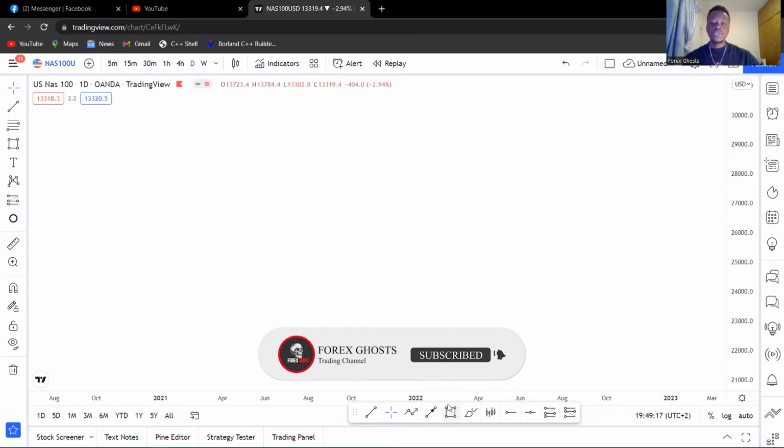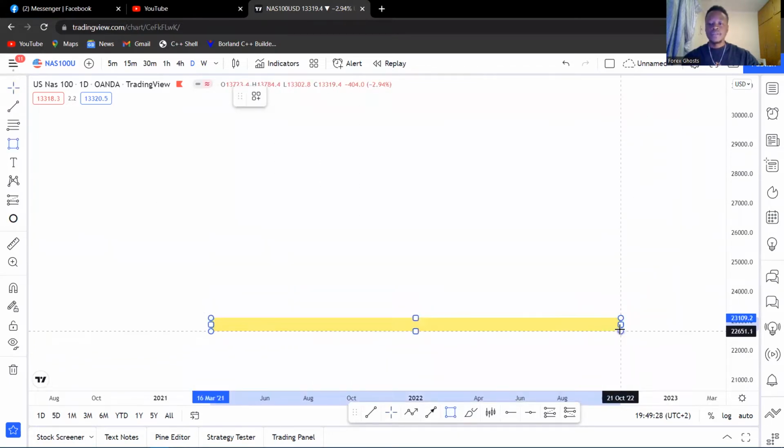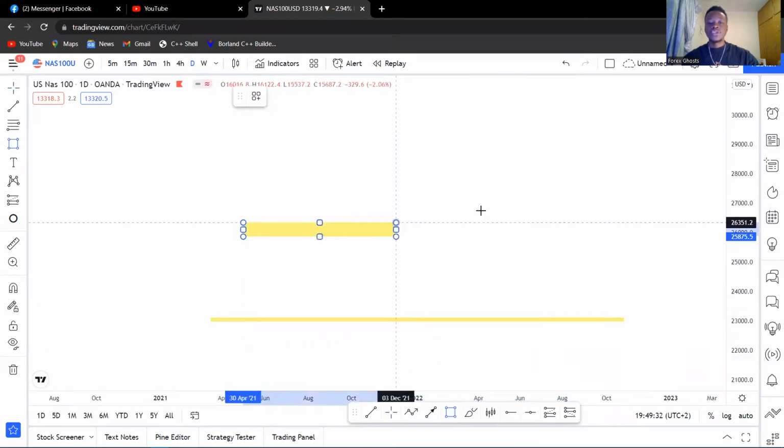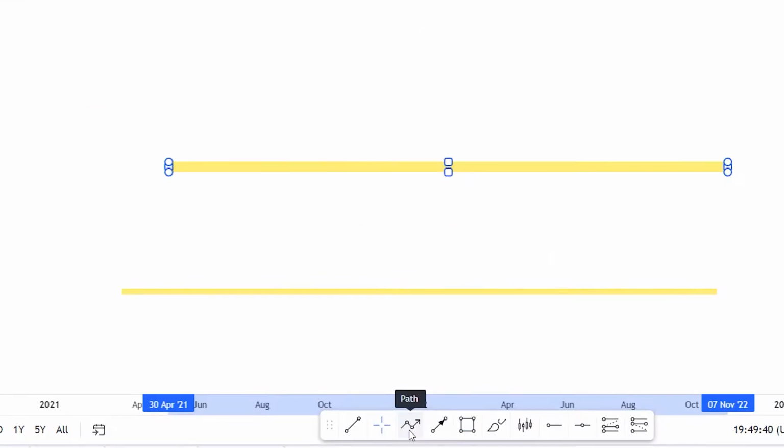So what's going to happen today, we're going to analyze using support and resistance. But before we jump to the chart, I'm going to show you what is support and resistance. So support is basically your floor. There's a floor, and then resistance is basically your ceiling. So what's happening in the market is either you buy at support or you sell at resistance. What I mean by buying at support and selling at resistance, I mean something like